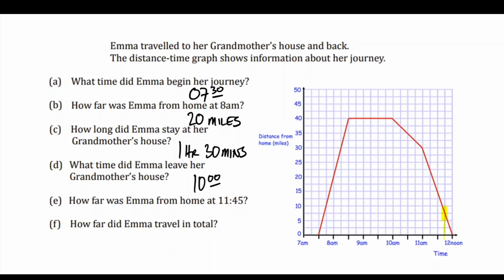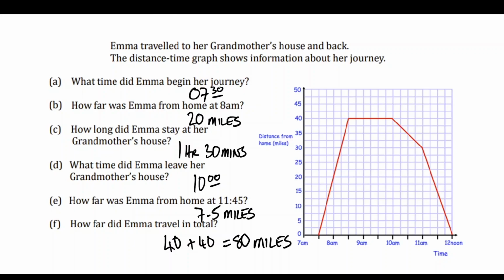11:45. How far was Emma from home at 11:45? Here it is on the graph, and we'll read across and we see she was 7.5 miles away. Finally, how far did Emma travel in total? Well, she traveled 40 miles to her grandmother's house and 40 miles back again, a total of 80 miles in